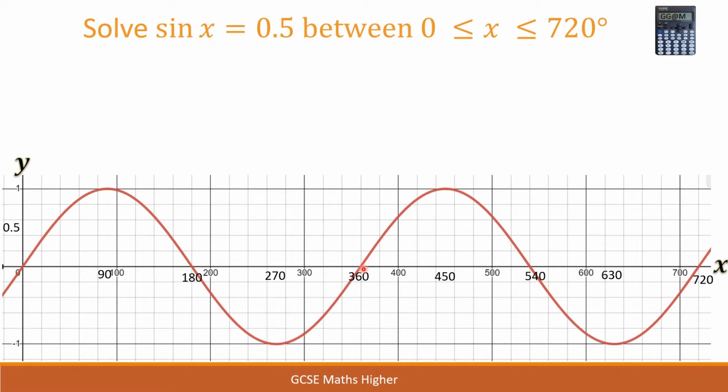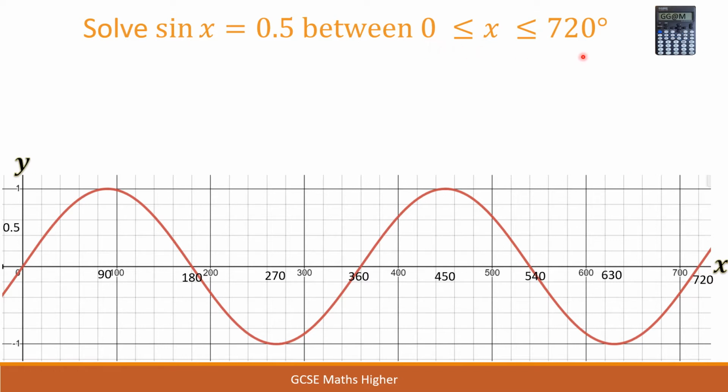From here the curve repeats, so exactly the same as what has happened between 0 and 360 then happens again. It goes back up to 1, down to 0, down to -1 and back up to 0. So between 0 and 360 and 360 and 720 the curve is exactly the same. Now this symmetry of the curve is really going to be important when we're looking at finding all the solutions